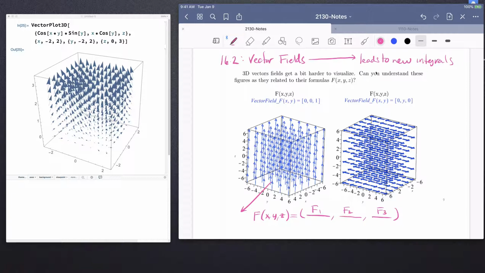And the example we're seeing here is that f1 is equal to 0, f2 is equal to 0, and the third entry of the vector field is the constant 1. And this will indicate that no matter what point P you pick, there will be a vector at that point P that is 0, 0, 1, that always points up. So here's a vector field that always points up,